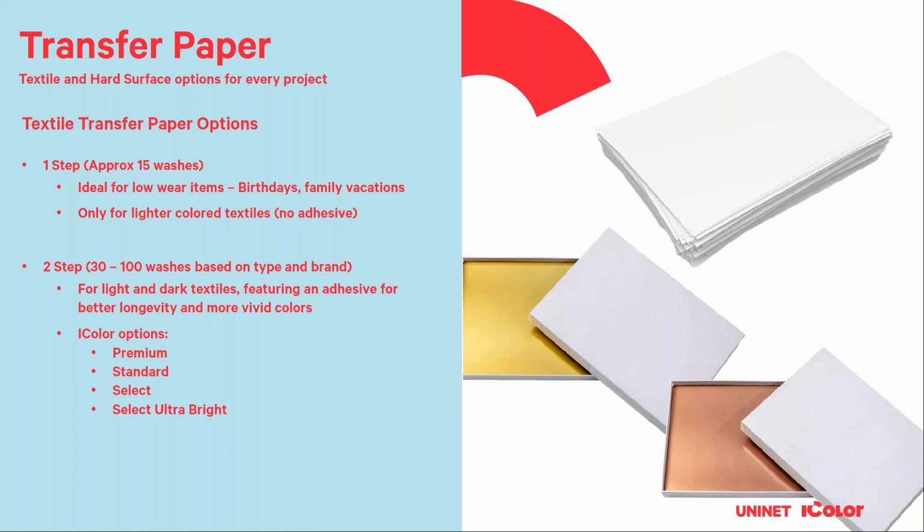And if you're looking for the highest quality type of 2-step paper, go for the premium paper. It presses at a lower temperature than all the other papers. Less time to apply the adhesive. So typically you're applying adhesive at about 2 minutes. The premium applies adhesive in 30 seconds. It presses at a lower temperature. Typically you're pressing at 310 or so.